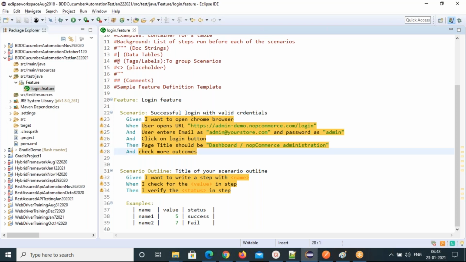So then we need to do logout also, right? So logout step also we'll write. And next user action, right? Action means which keyword we need to use? When keyword. So when user clicks on the logout link.